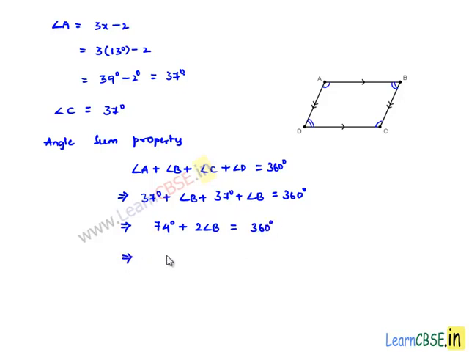Which implies 2 times angle B is equal to 360 degrees minus 74 degrees,